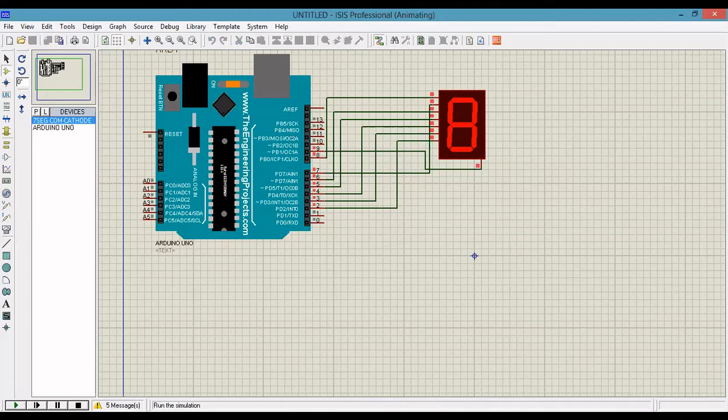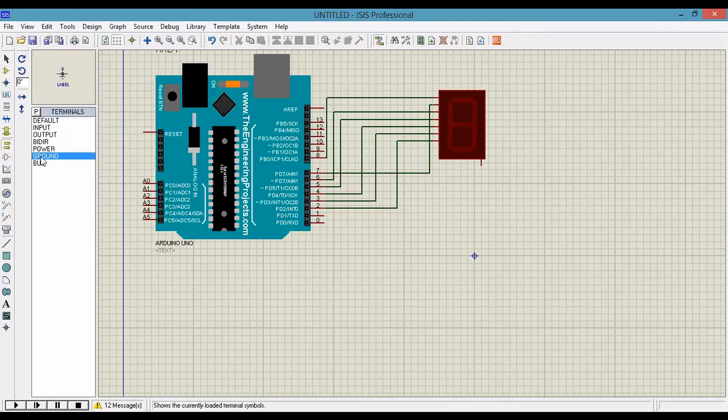So this is called a common cathode display. Next I am going to explain about common anode display. In common anode display there is only one change. Pin number 9 is connected to the common terminal. In the common terminal we gave a low signal, that is called ground. Now I am going to give a high signal, that is called 5 volt. Common anode connection means all the LEDs' common anode terminal is connected to 5 volt. That is called a common anode connection.